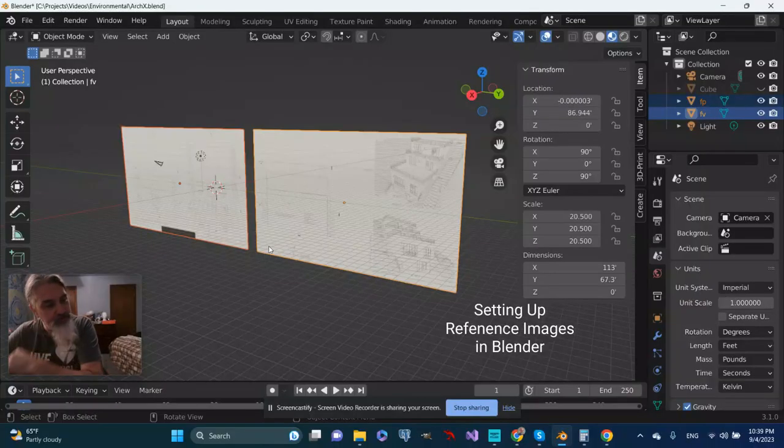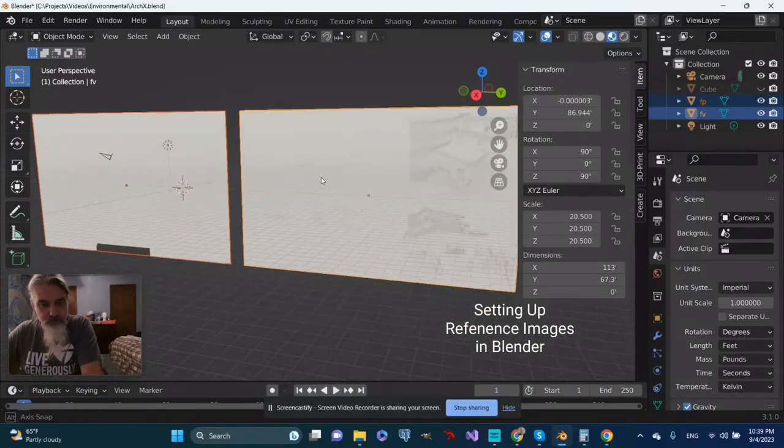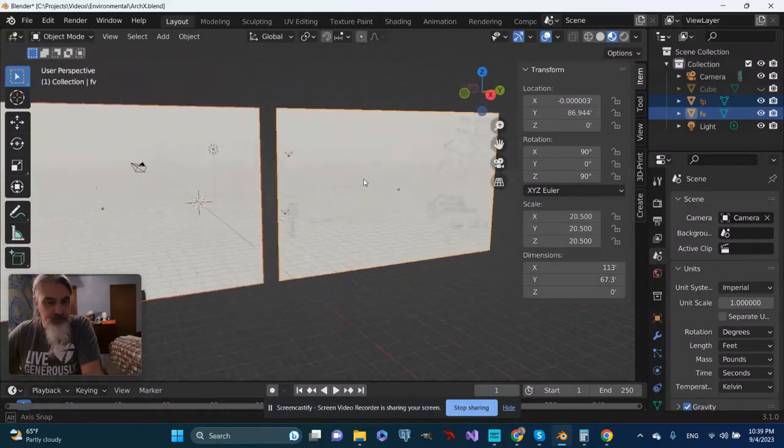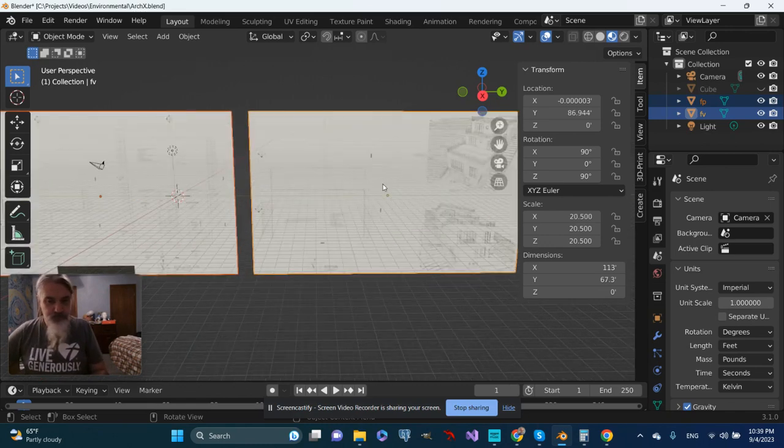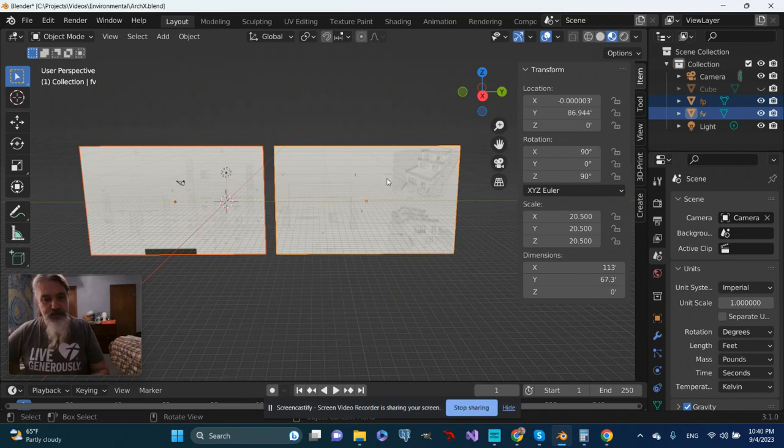All right, so I have these PNG files of floor plans that I brought into Blender that I want to use for reference. I've scaled them so they are the right scale, and now I need to lay them out so that they actually provide a reasonable reference for me when I start putting things into the scene. So, first thing I think I'm going to do is,